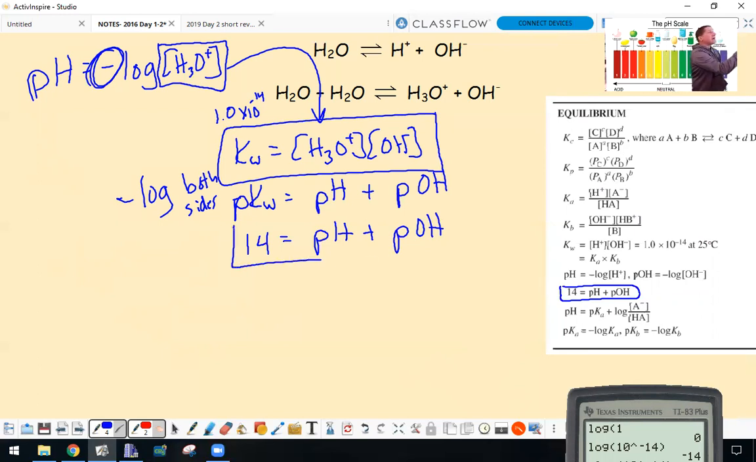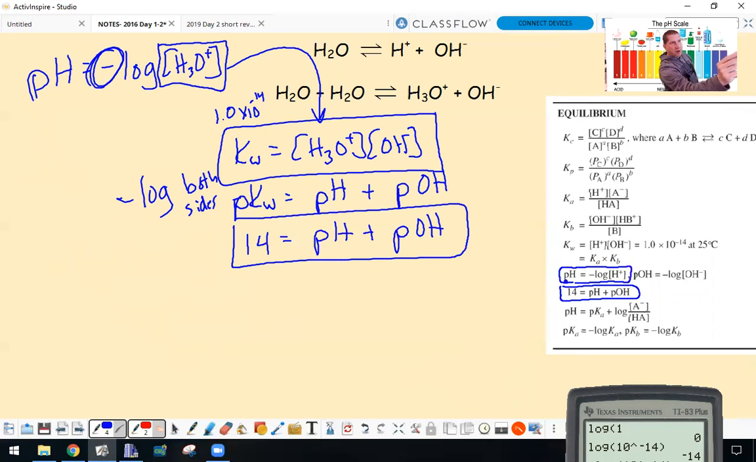Well, now if you have either of these two, you can calculate the other because 14 equals pH plus pOH. I'm skipping these two equations because I've already talked about them. The p in front means negative log, but now we're doing the OH. So we have pH and pOH. As long as you know one of those, you know the other one, because all you have to do is subtract